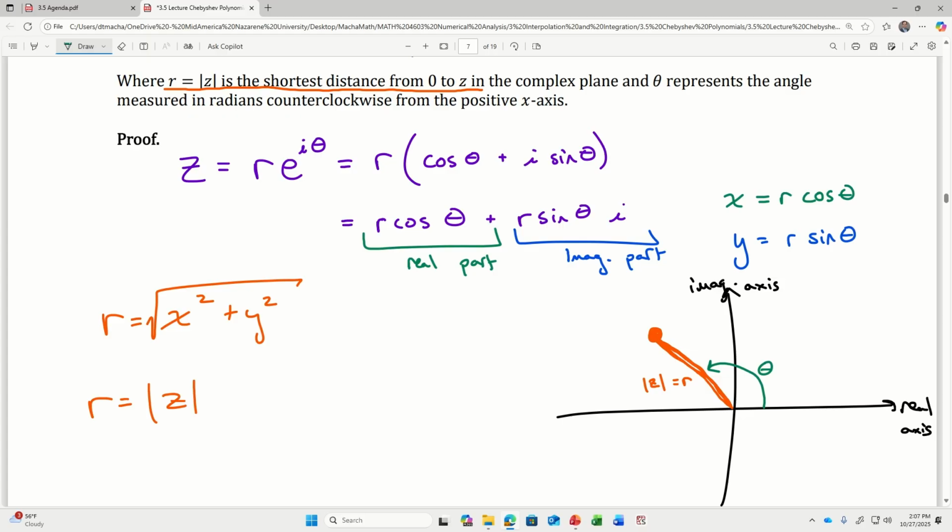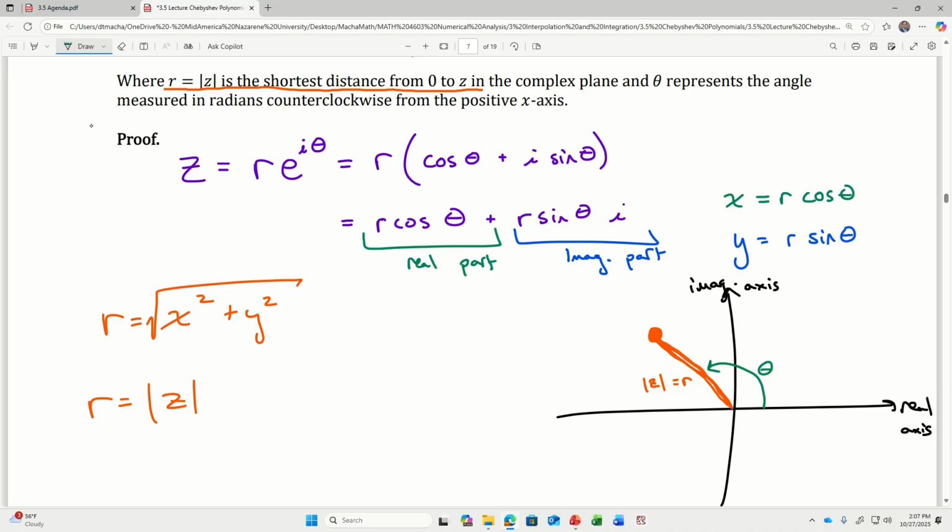And if I wanted to write this in standard form, I would write something like -4 plus 3i, where -4 would be the real component and plus 3i would be the imaginary component. That would put me right there on the plane. Or I could give you the r and the theta, the distance from the origin and the direction we're pointing, to come up with the same complex number. So